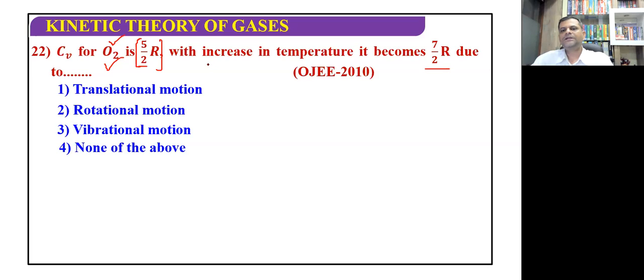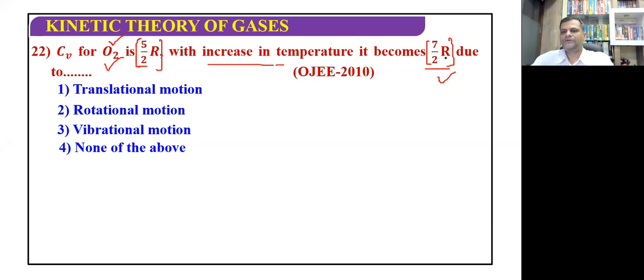Okay, but with the increase in the temperature, when the temperature increases beyond almost 500 Kelvin and so on like that, the Cv of value, मतलब जो specific molar specific of the gas at constant volume becomes 7 by 2